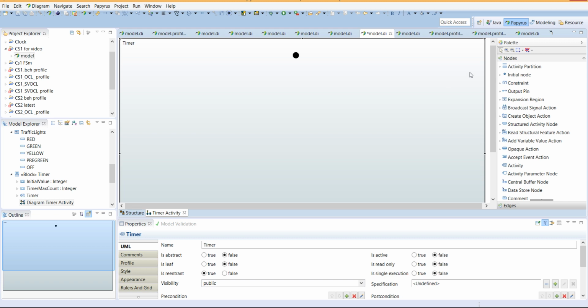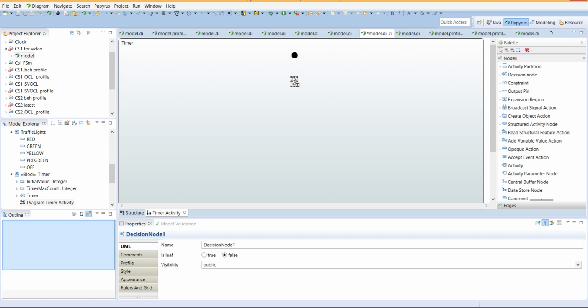So to add a decision node, go to the node section of the palette, open this section, and here the decision node is. Just drag and drop it onto the editor. So you can also rename it from here. I'm not renaming it, I'm using the default name. Okay,